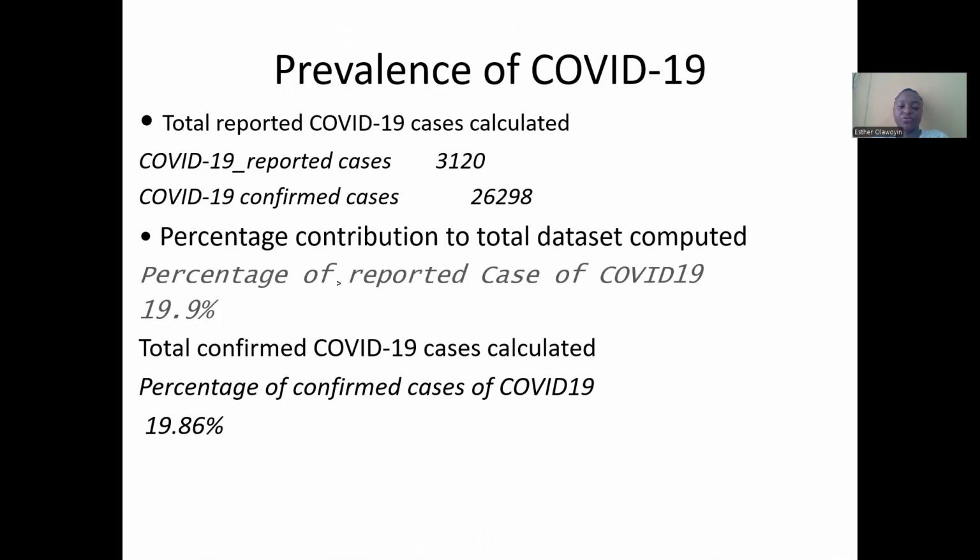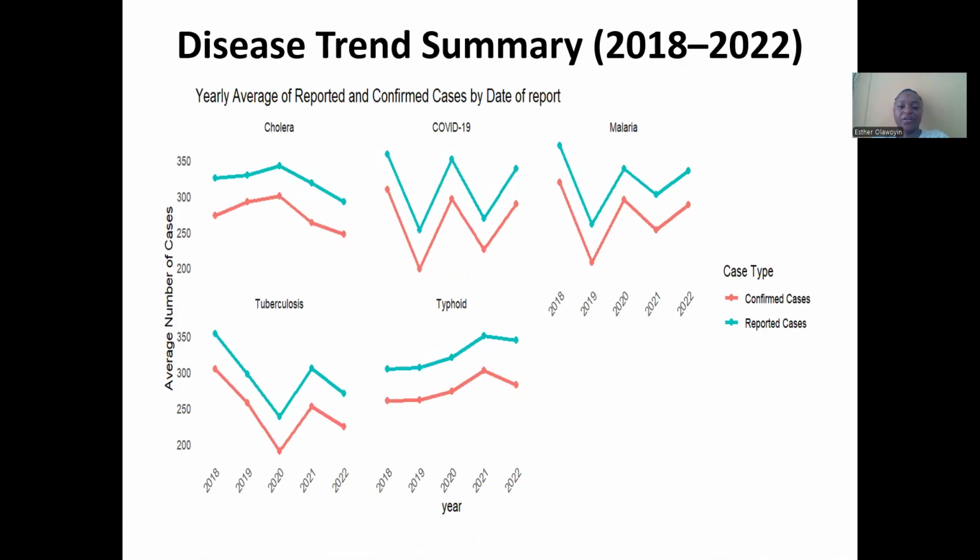The percentage contribution to the total data set was computed. This is what we have: the reported case is about 19.9, and the total confirmed case calculated is about 19.8. I don't want to bore you with so many of these. So as you can see from this data set,